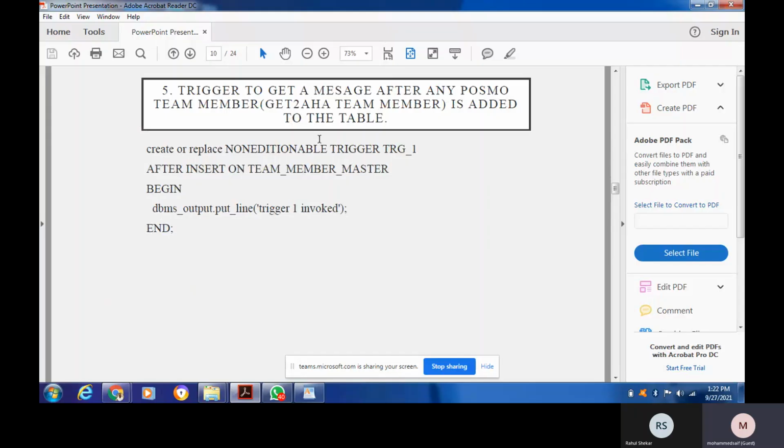It's nothing but a creator. First, we have assigned it to the creator: after a new team member is added into the table, if anything is added, then we have to assign a trigger. A trigger is nothing but, as I said, it will be assigned before an event or after an event. So, create or replace trigger T1, after a new team member is added, after insert on team member master, begin, then we will declare our